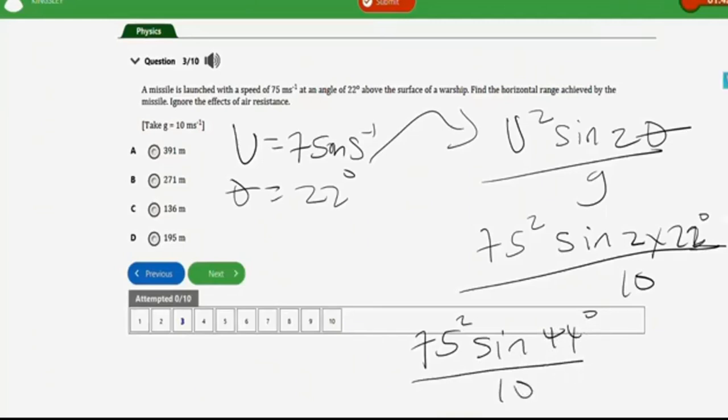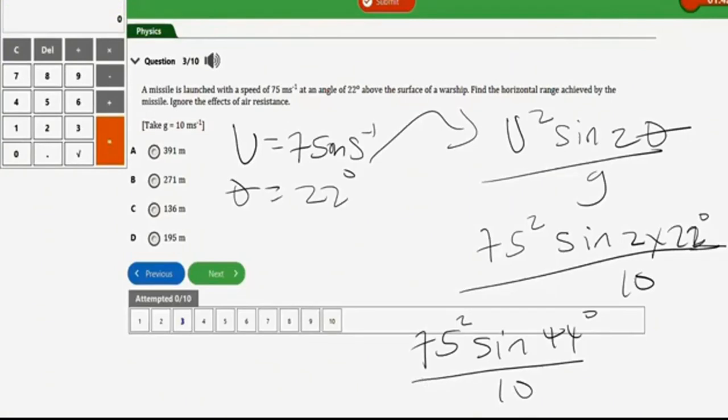Let's punch this into the calculator. 75 squared is 75 times 75. Now sine 44, unfortunately you don't have a scientific calculator here. When you check it on a scientific calculator, you're going to have